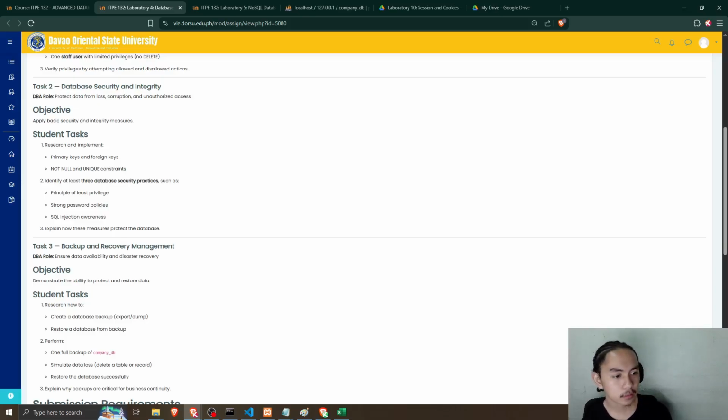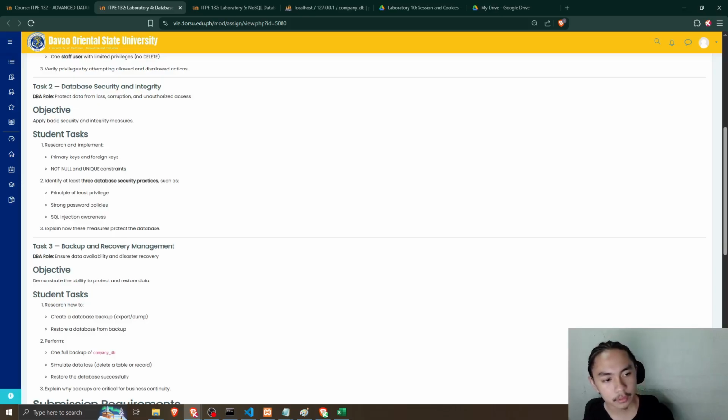For the second part: primary keys and foreign keys, and then not null and unique constraints.